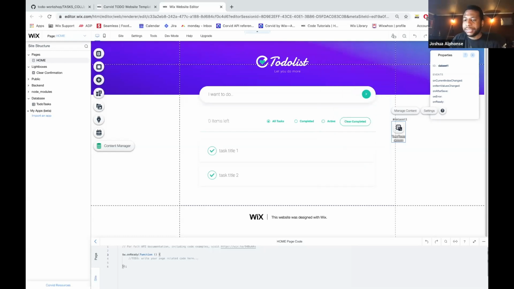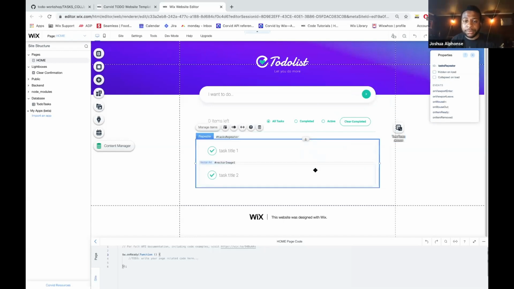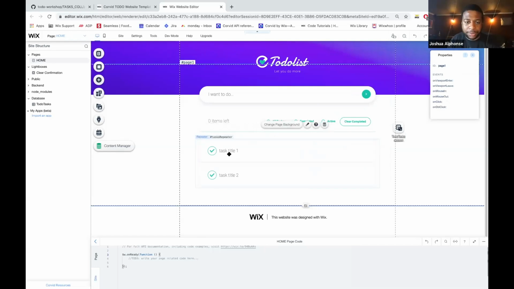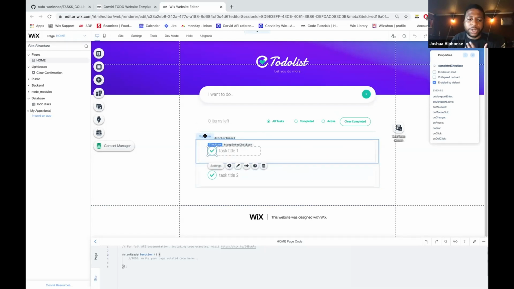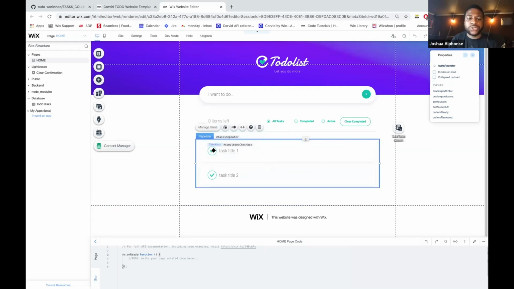For our next step, we're going to select our repeater. Our repeater is going to connect to our data collection from our data set. Our data set is saying how we're going to format this information later on. So we're going to go to our connect button, which is next to our repeater when you select the repeater. Just be careful clicking on the tasks on the inside because they're different elements. But if you click the repeater overall, it will populate and change all these different fields by clicking the connect button,